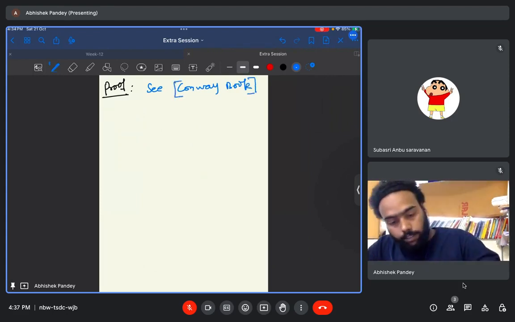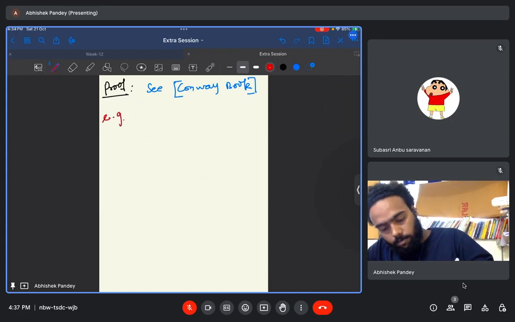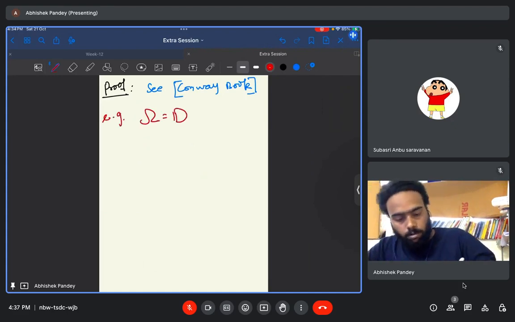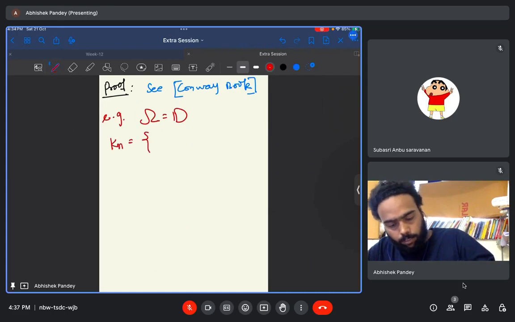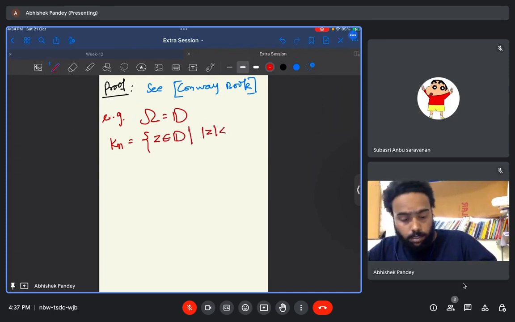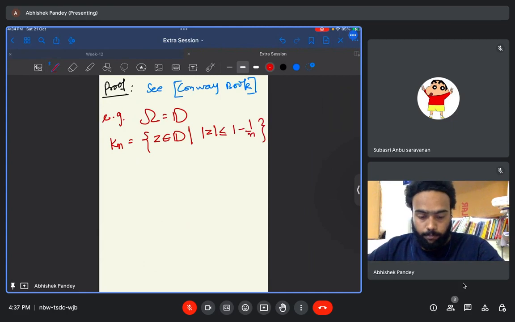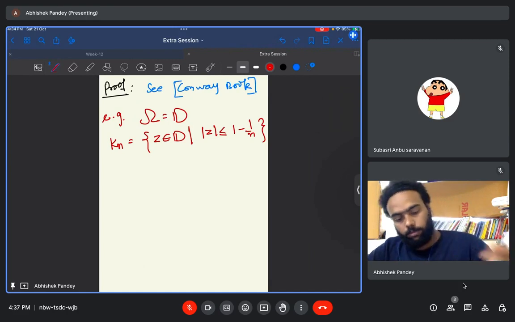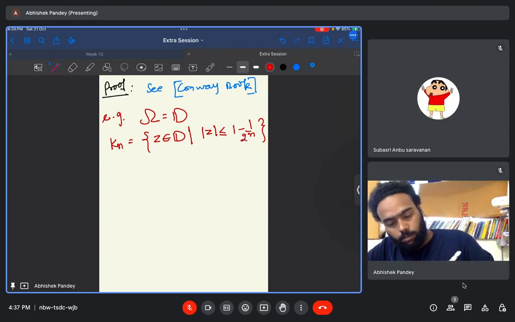Okay, so for example, if we see the case of omega is, let us say, the disk D. How do we choose Kn? Let us say Kn is the set of z belonging to D such that mod of z is less than or equal to 1 minus 1 by 2n, for n greater than or equal to 1. So we can say that the union of Kn, n equals 1 to infinity,